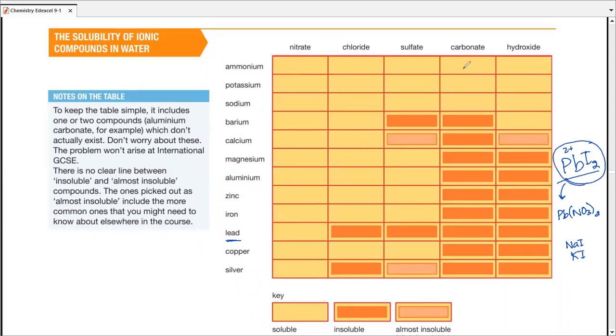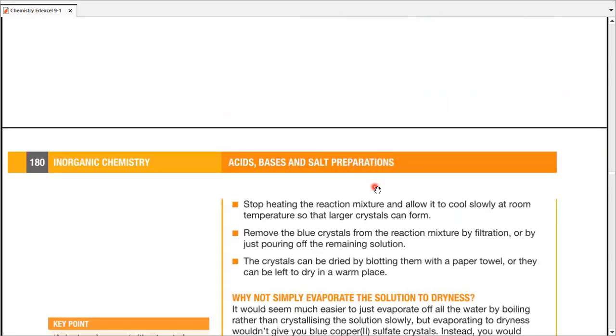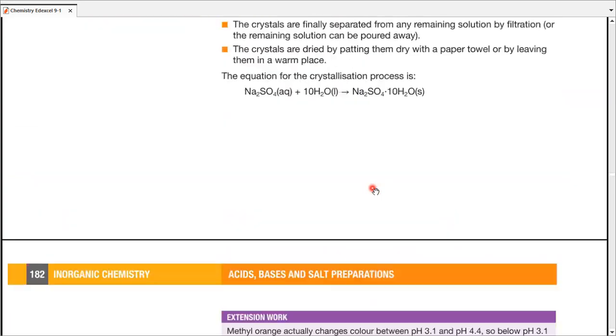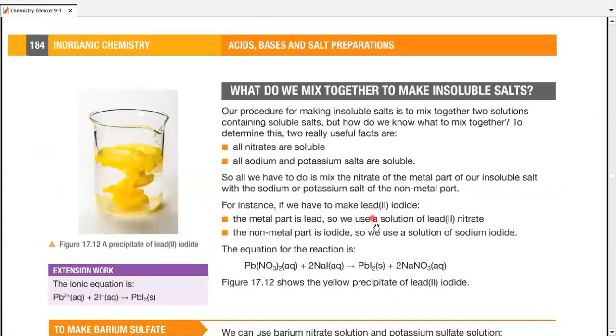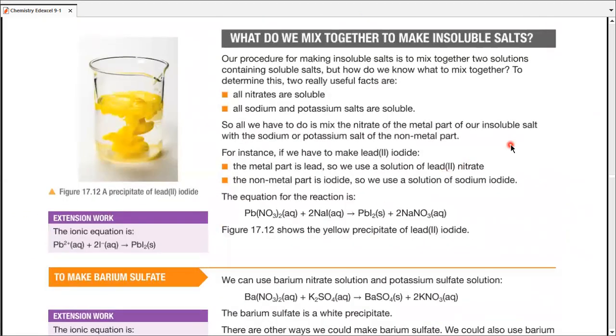You can easily form lead iodide, and you see the exact same thing done by the book. Let me take you right there. Is it the exact same thing or am I mistaken? Let's check it out. Yes, that's the exact same thing. They mix lead nitrate and potassium iodide. There you go. You form lead iodide, which is our precipitate, the beautiful yellow colored precipitate you can see on your left,